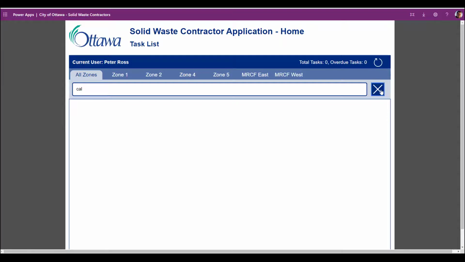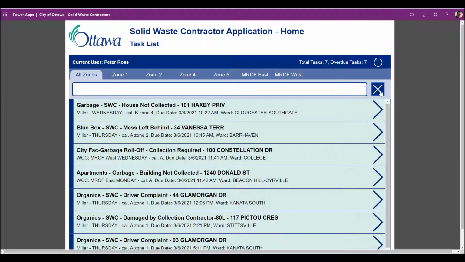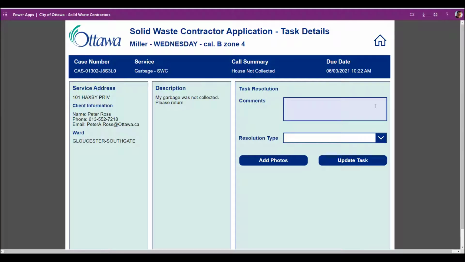So let's move on to viewing your calls. Click on the arrow for the call you wish to review. On this page, you will see the case number, the material stream that it involves, the call summary, and the expected due date. Down below you will find the service address, the caller's information including phone number and email address where applicable, the ward,